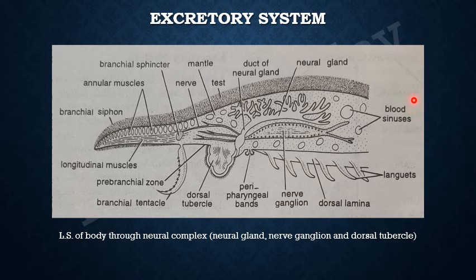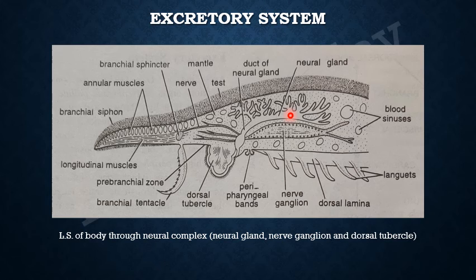And as you know, the position of the neural gland is between the branchial siphon and the atrial siphon. And here you can see the gland. It is actually the LS of the gland, and it is situated above the nerve ganglion, and it is an elliptical structure. If we see it as a whole, if it was not an LS, if the whole organ was to be seen, it is an elliptical structure, 4 millimeter long and 1 millimeter wide.